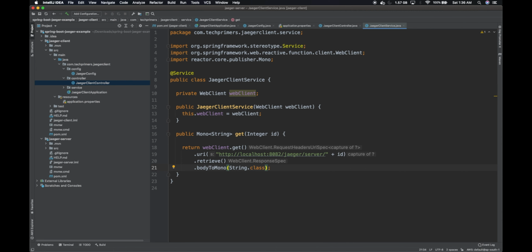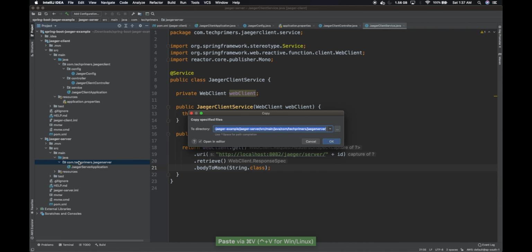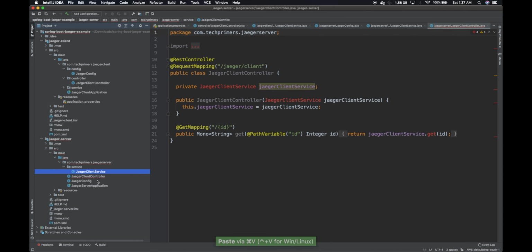We are going to create the server with exactly the same things we did with the client, but with just the server, and the server will connect to a numbers public API, which I'll show you in a bit. So I think that's it. We don't have to do any other configuration, right? We're just trying to create a simple dummy application so that we know how to trace requests across microservices. So I'm going to create all these files in the server application as well. Let me copy paste it and then we can change all these things.